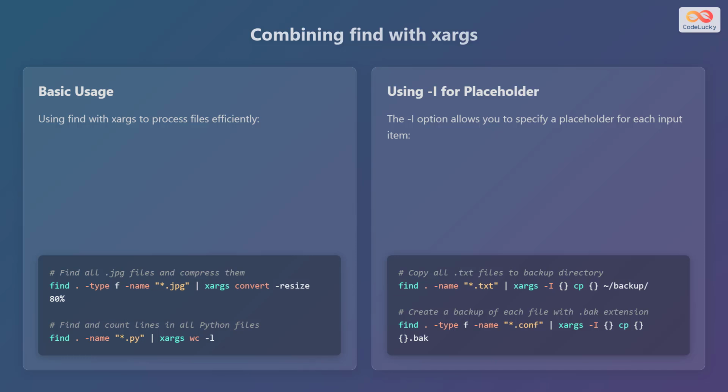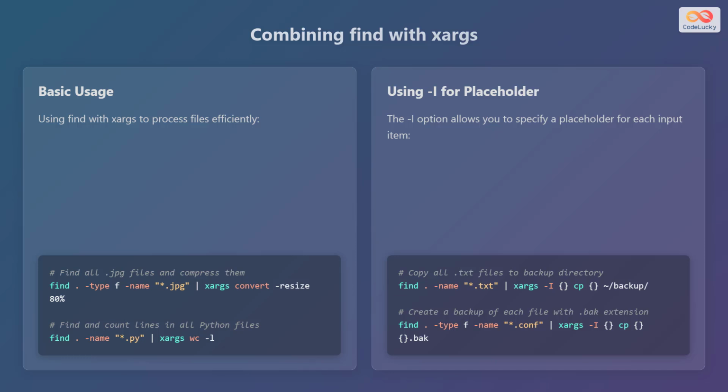Now let's explore how to combine find with xargs. By combining find with xargs, we can efficiently process files found by the find command. To find all JPG files and compress them, you can use the command find . -name "*.jpg" | xargs convert -resize 80%. This command finds all JPG files in the current directory and resizes them to 80% of their original size using